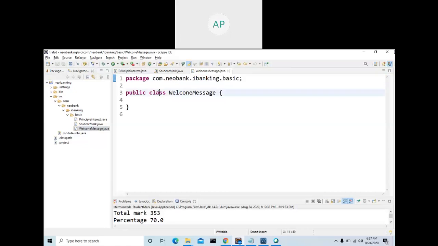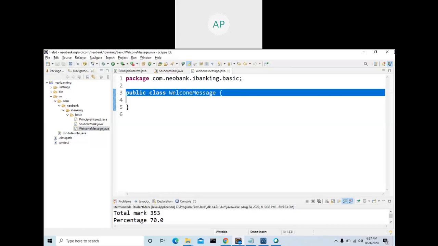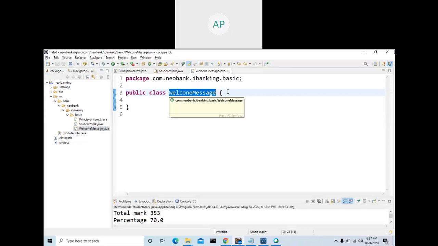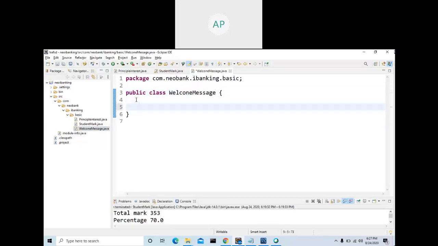See here, we created one class name, with a starting bracket and ending bracket. So this is a proper class now. Leave this, it is an OOPS concept, encapsulation. I will explain it. Public class Welcome and curly bracket. So this is a proper class.